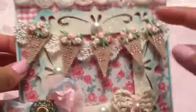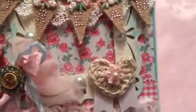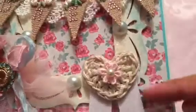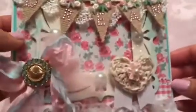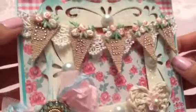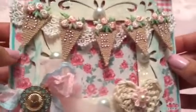And then here is just a frame that I got from Michael's. It's a wood frame that I painted with some of my antique white acrylic paint, and then I inked the edges with some Tim Holtz Distress ink. So there's that, and then I just layered this trim here that I had in my stash, and then I layered some of these burlap banners